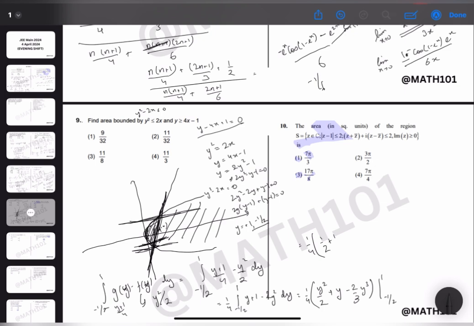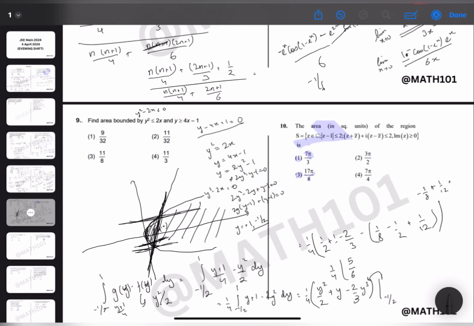1 by 2 plus 1 minus 2 by 3. Placing y equals to 1, and placing y equals to minus half, I get minus half squared is 1 by 4, so 1 by 8. Y is minus half, we'll get a net positive of 1 by 12. So 3 by 2 minus 2 by 3 is 5 by 6. 1 by 8 plus minus 1 by 2 is minus 3 by 8. Minus 3 by 8 plus 1 by 12